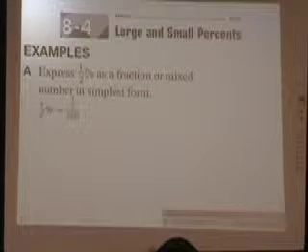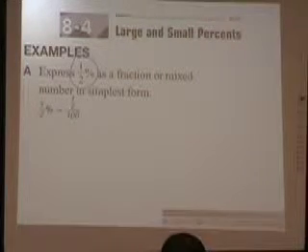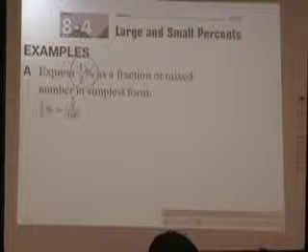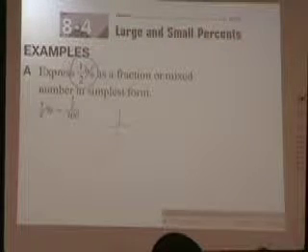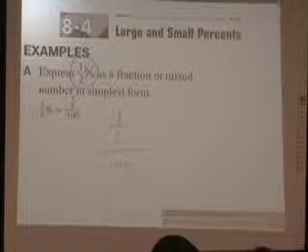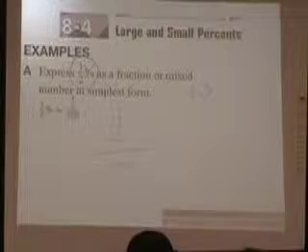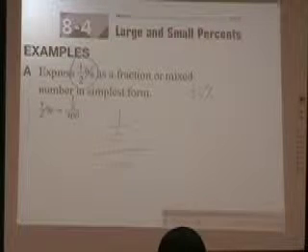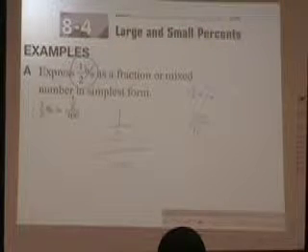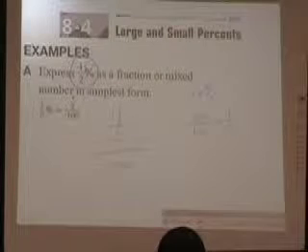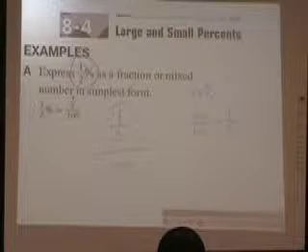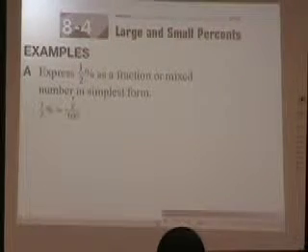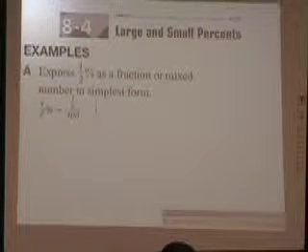This first one says 1/2%. First thing you got to do is drop the percent and put the 1/2 over what? 100. Because y'all remember when we took 20%, we wanted to make it into a fraction. What did we do? We put 20 over 100, didn't we? And then we reduced to 1/5. Well, here we got the same thing, kind of. Okay, so let's look at it. We got 1/2